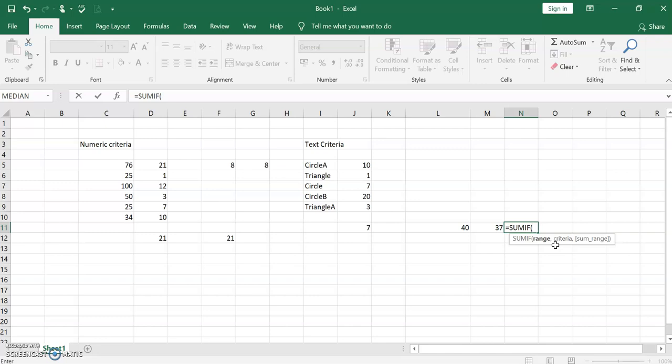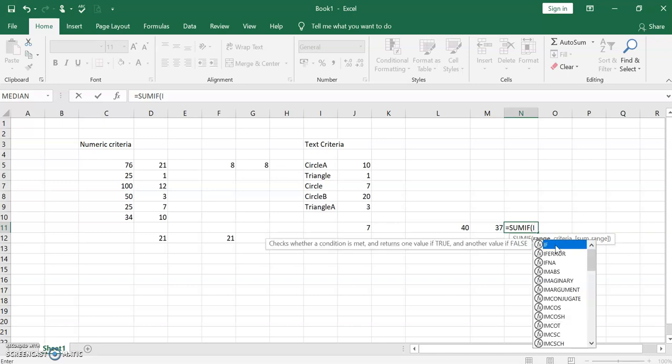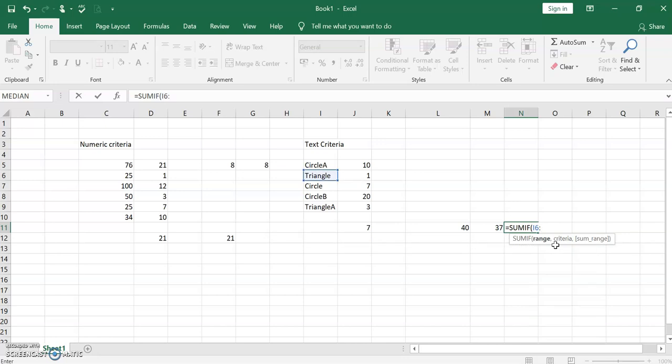So I'm selecting the range, I5 till I9, comma, and I have to give the criteria. I am giving the criteria within the parenthesis: star LE. So star LE gives me exactly the words that end with LE. So that is the criteria.